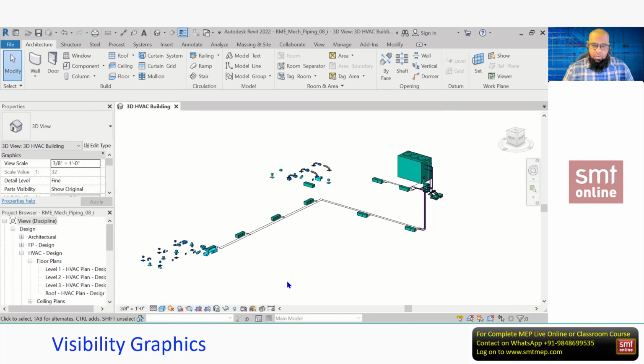But if you want to hide only part of the duct, that cannot be done with the VG. For that, we have another option, like how to hide that element permanently with the element option. Again, the category, if you use it permanently or temporarily, is still the same as VG, but VG by default works based on the category only, so you'll not get the option for element in VG.